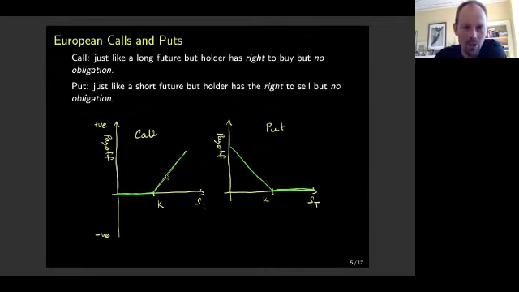So if I buy a call option, once I've paid the option premium, my payoff is always positive. Either I get nothing if the price goes below the agreed strike, or I can get a potentially unbounded positive payoff. And for a put option, if the price goes above the strike, I get nothing, but if the price drops below the strike, I get my payoff. So that's all good. I bought the option, I had to pay the premium, which is the option price. We'll get to option prices in a moment, and then I can only win.